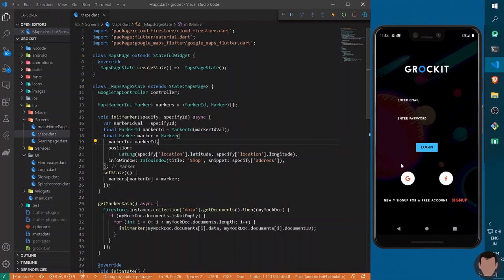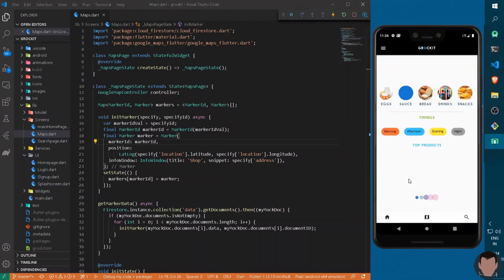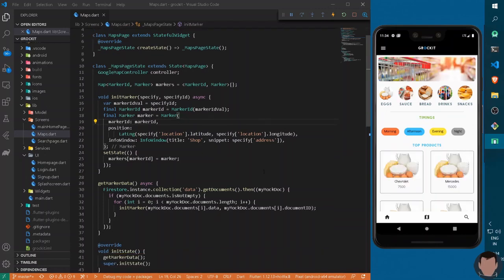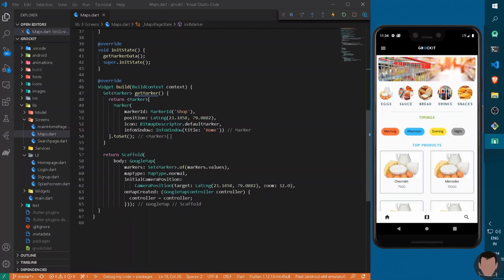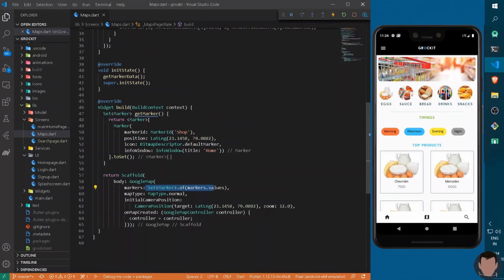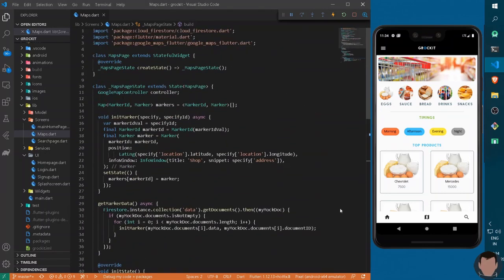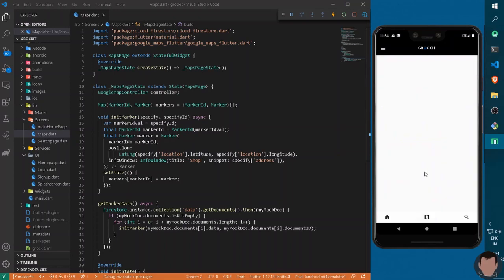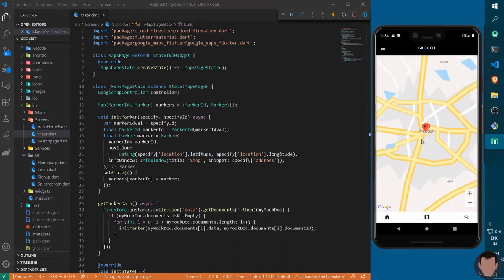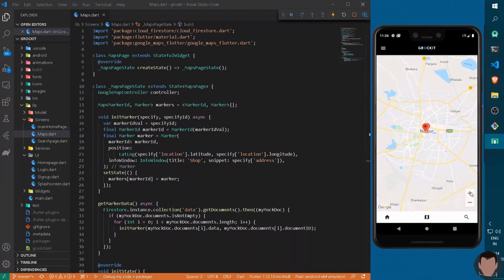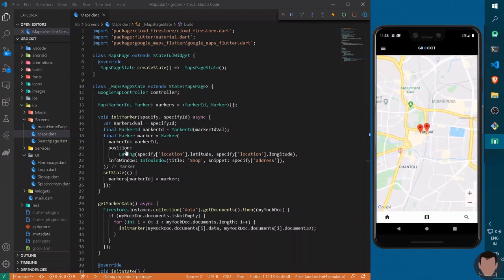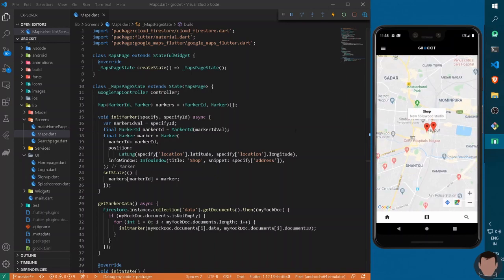Okay, so our application is up and running, so just log in with Google once. Now also make sure that you have changed in our main Google map from get markers to this thing, that is set markers, that are fetching the set of markers of the marker value, which is this. So let's check it once. If I just press this button, you can see that I will be getting markers of all the places that are shown here, and if I hover over it, you can see that I have my shop title as well as the snippet of the particular address, which is this.